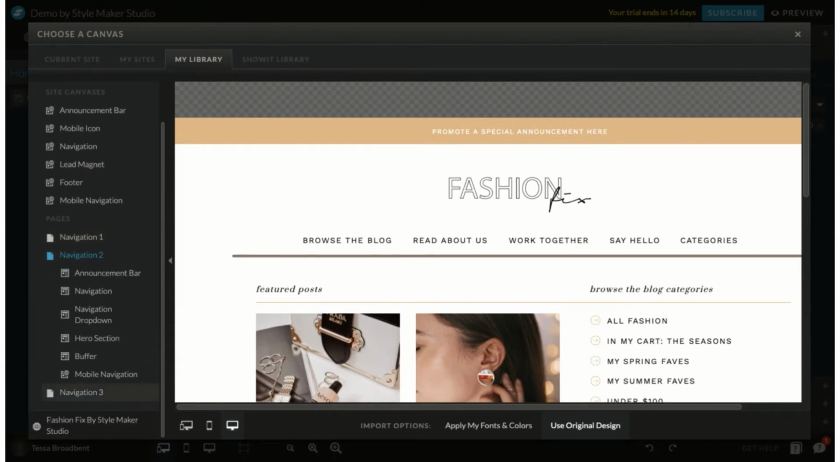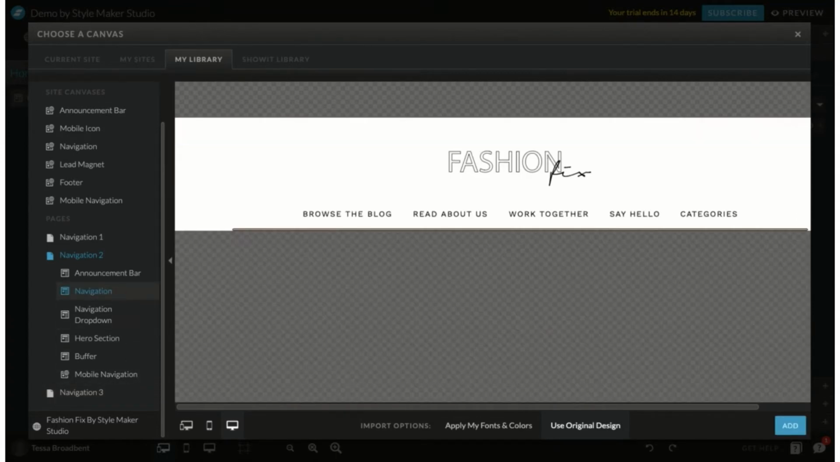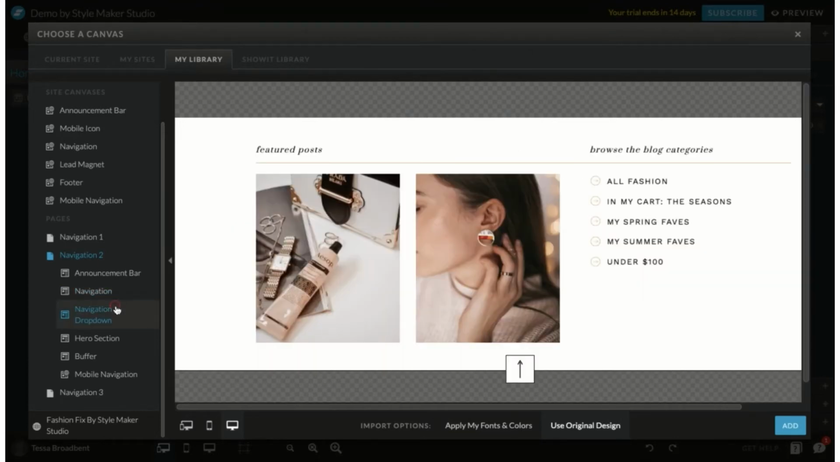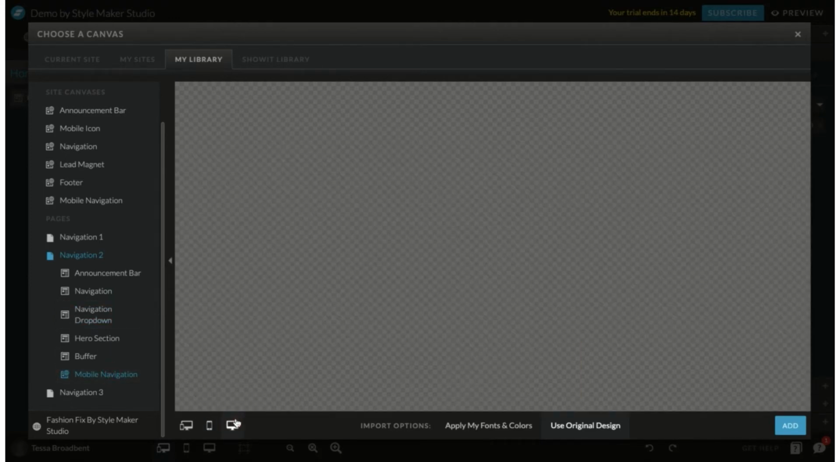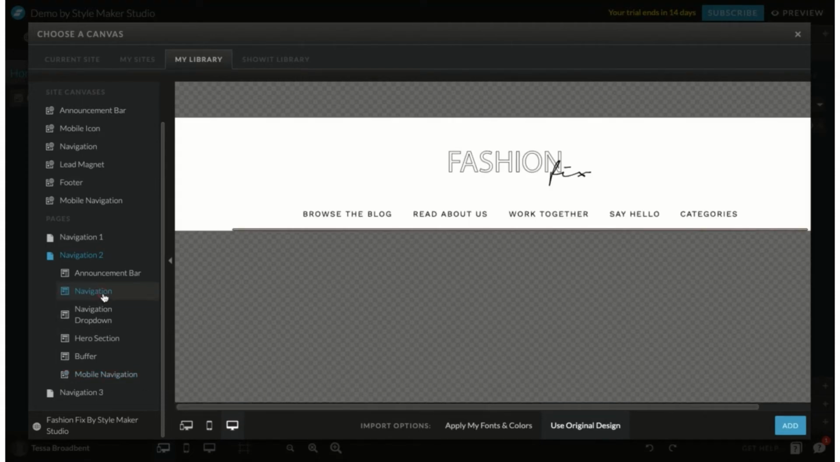So for demonstration purposes, let's say that we want to add the navigation menu of this template to our website. As you can see, this particular section is made up of multiple canvases. We've got the navigation menu, the navigation drop-down menu, and then the mobile navigation menu. So to start with, we'll need to add the navigation canvas as the main navigation menu section, so we can